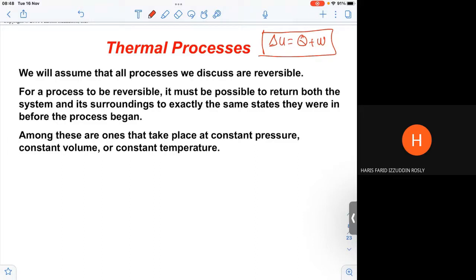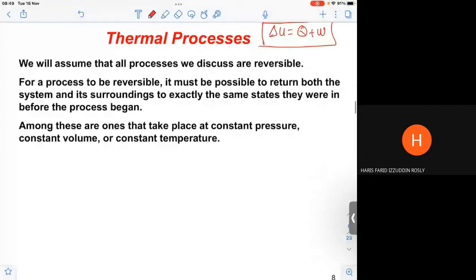Alright, without further ado, I would like to introduce the thermal processes. So what are the thermal processes? These are processes that involve internal energy and also work done. In order to discuss internal energy, heat and work done, we need to see some thermal processes. So what are the four thermal processes? From this point of view, there are four thermal processes which involve constant